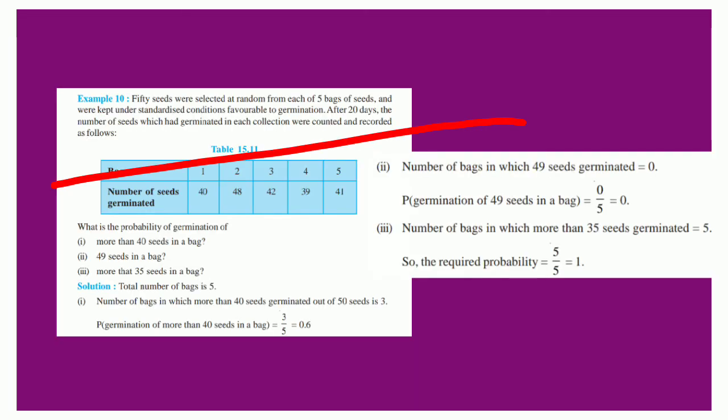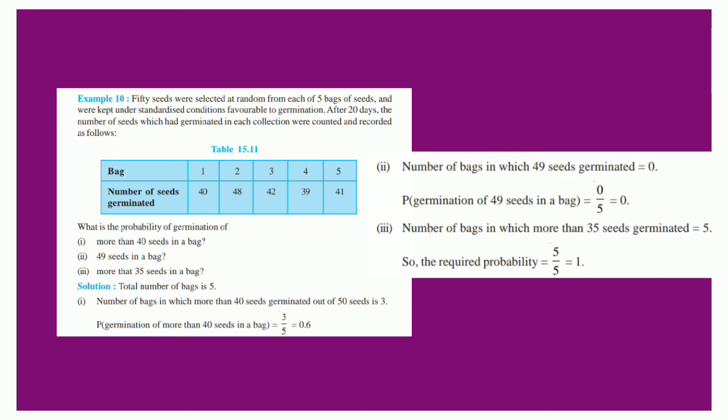Then the next question: 50 seeds were selected at random from each of 5 bags of seeds and were kept under standardized conditions favorable to germination. After 20 days, the number of seeds which had germinated in each collection were counted and recorded as follows.